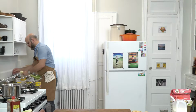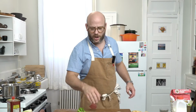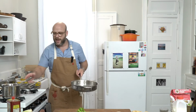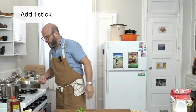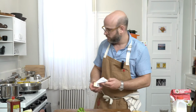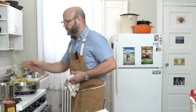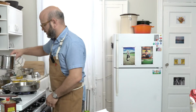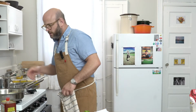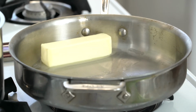And then we're gonna cook this in this large saute pan, this flat-sided saute pan that I have here. Any large pan, you can use a large pot, but basically we just wanna take a whole stick of butter and drop it right in there over a medium-high flame. Get this guy to the back so we don't need it. Put this over here where everybody can see it a little better. Over a medium-high flame, we're just gonna melt our butter. And in the meantime,